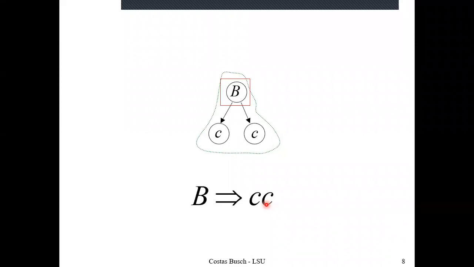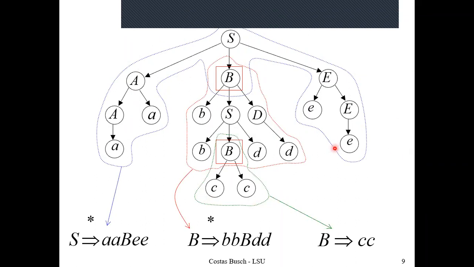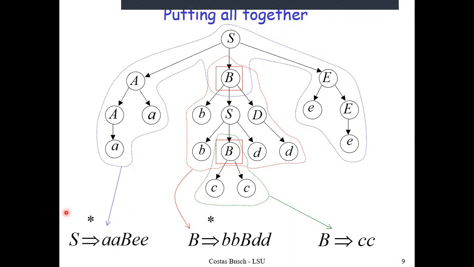Now, when I put them all together, I would have all of the subtrees with me, and their productions and their yields. So I have S producing a square b e square coming from the outermost subtree, B producing c square coming from the inner subtree, and B producing b square b d square from the middle subtree. Okay, so that is just the summary of what we have been discussing so far.